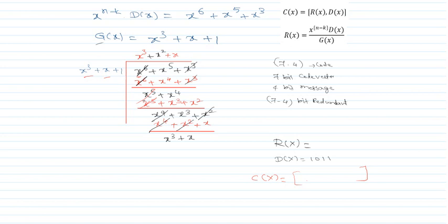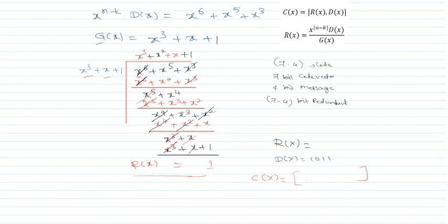Now here there is an x cube and there is an x cube. If I multiply by 1, I'll get that equation. So x cube into 1, that is x cube, plus x into 1, that is x, plus 1 into 1, that is 1. So now if I just take x cube and x cube, it will be 0. X plus x, that is again 2, it is going to be 0. The left out is 1. So I can write this as my r of x. Okay, so r of x is equal to 1.